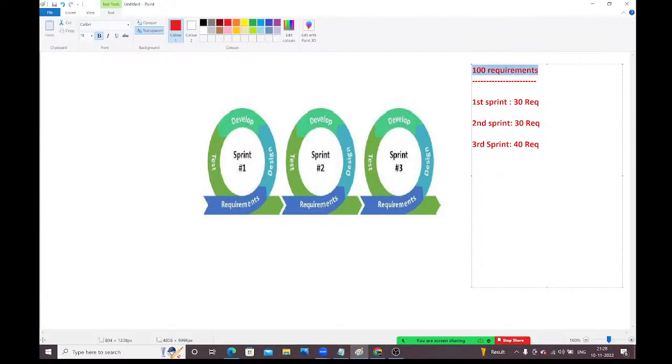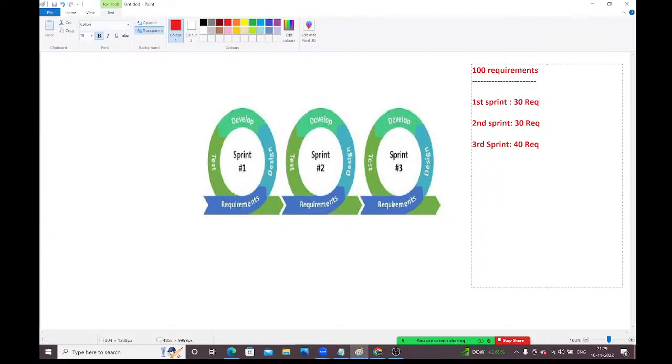But if you go with the waterfall methodology, the client should wait until all the requirements are completed. So we don't have multiple releases in the waterfall methodology. But if you go with Agile, multiple releases are available. Delivering a sprint is nothing but one release. In companies, some people will say, today we have the release, today we have the delivery. It means they are releasing the sprint. One sprint delivery is nothing but a release. One phase is nothing but a sprint.